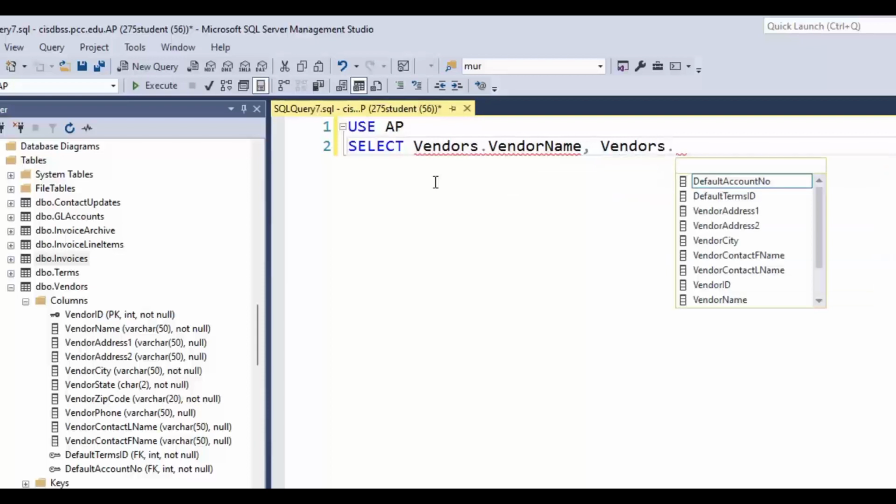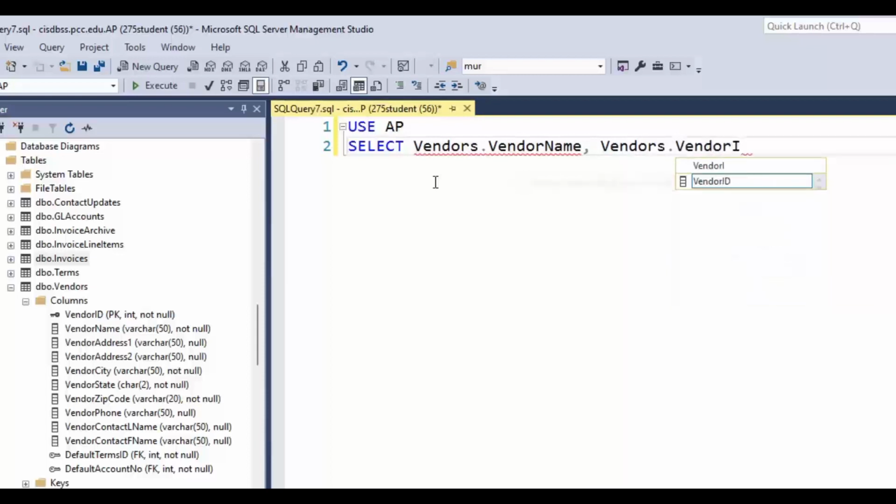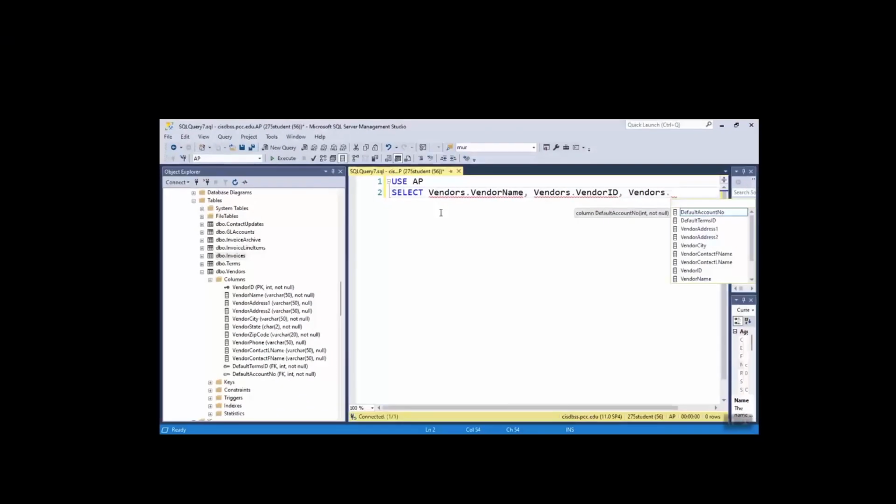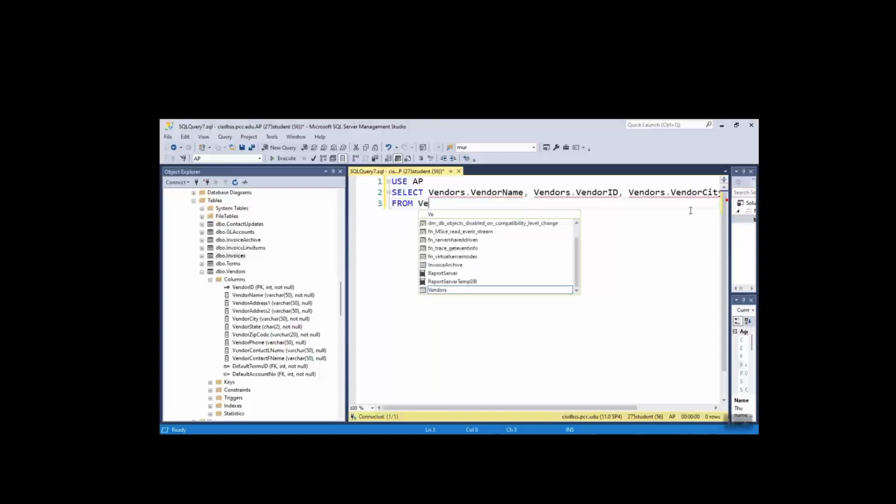Okay, and then vendor ID, and let's see, vendor city from